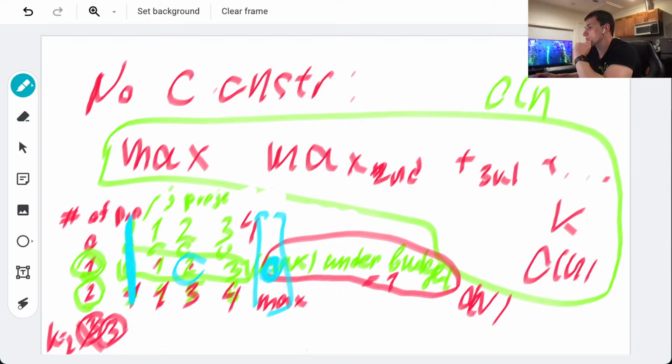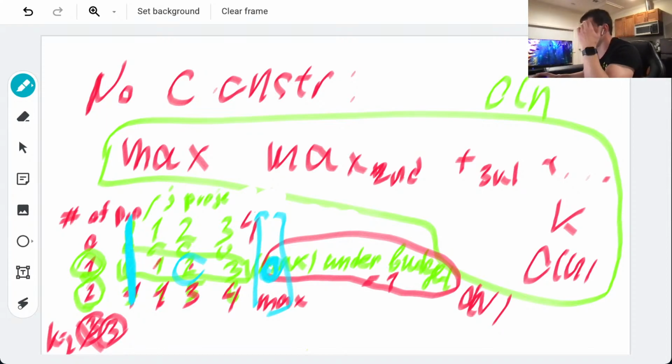So where the capital plays a role, it plays here. So if remaining budget is greater or equal to the capital I, right? So we can afford this project, then what do we do?